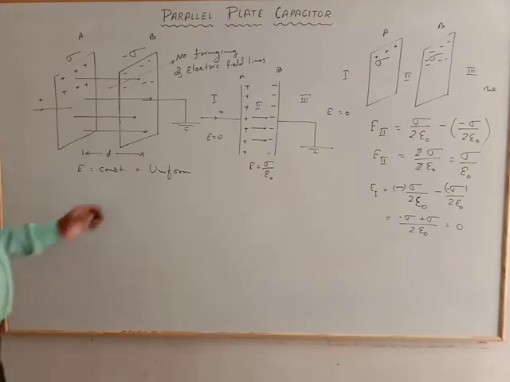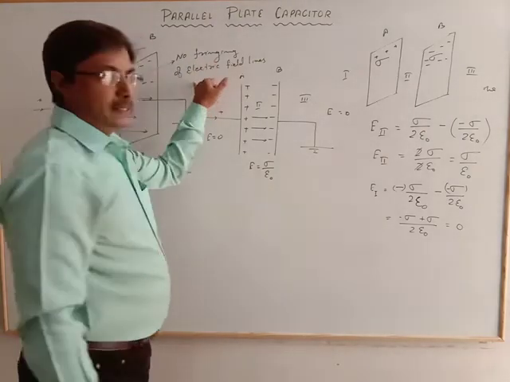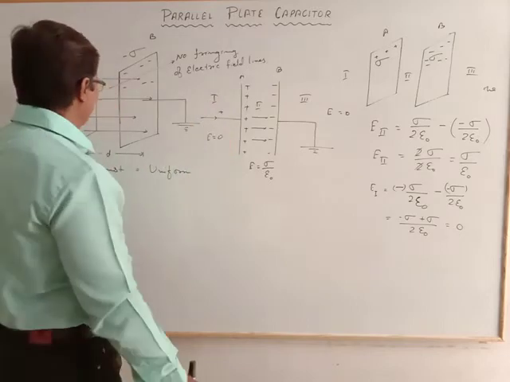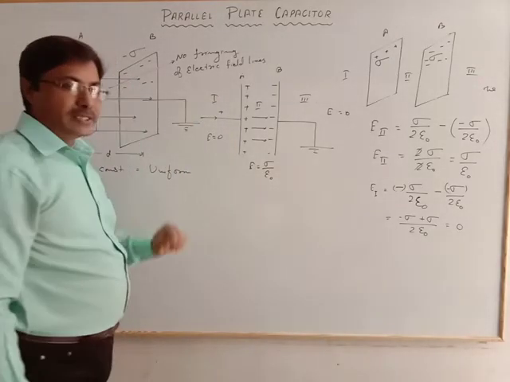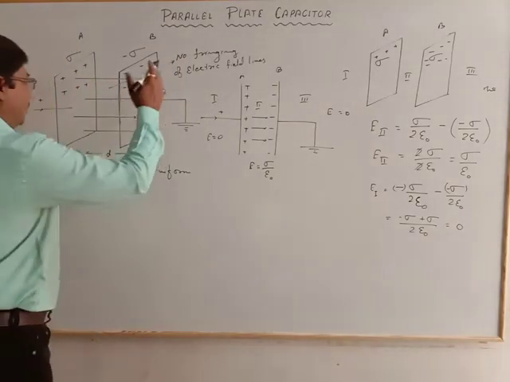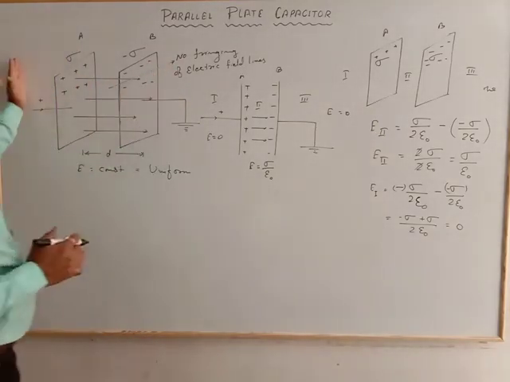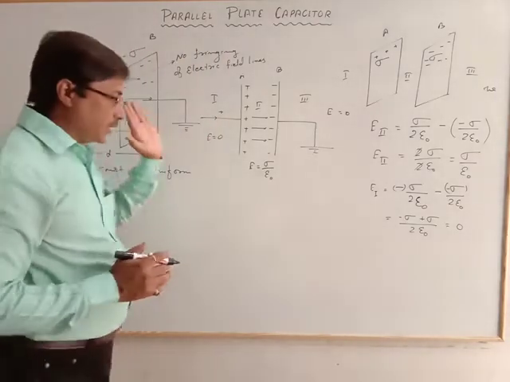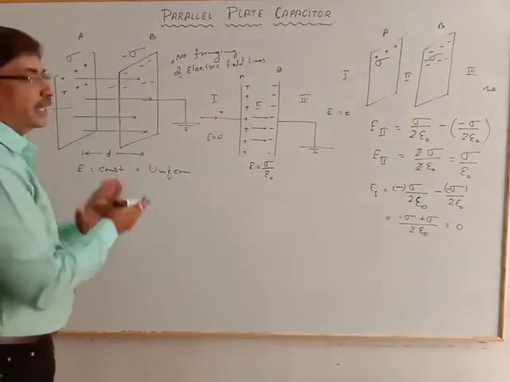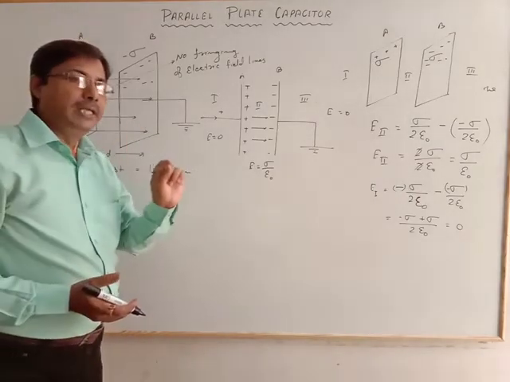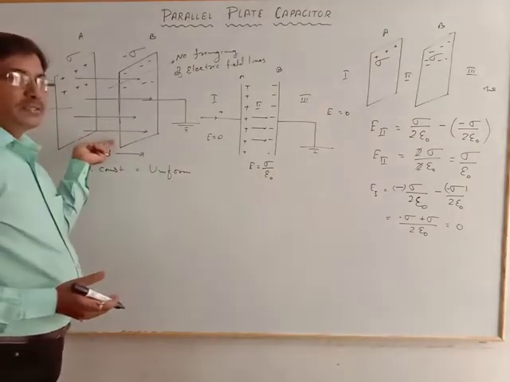Electric field lines are uniform, linear, and go from positive to negative. So there is no fringing, and no electric field lines either to the left of plate A or to the right of plate B, since the electric field on either side is 0. The field only lies in between the two plates.